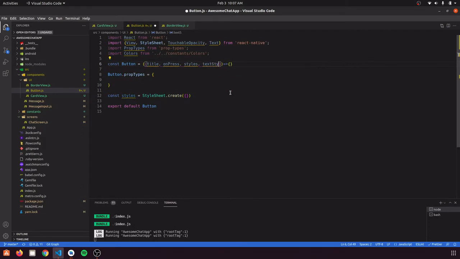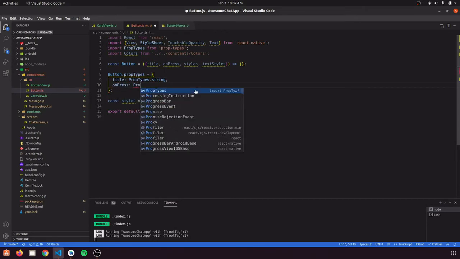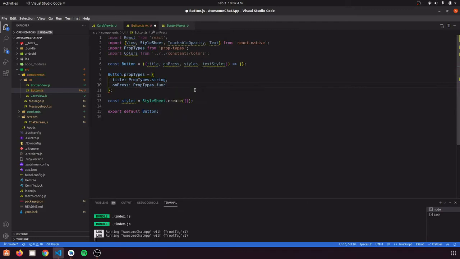So if you want to override those things, then you can just pass them as this property name, and let's just define all of its prop types. So title would be of PropTypes dot string, and our onPress method would be a function, and our style and textStyle would be of object.